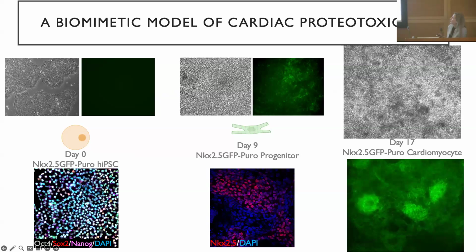To give you a sense of what this looks like in terms of the actual ECM that is produced by these cells, these are the cells in culture labeled with laminin and collagen. And this is a slice through the culture, and you can see how extensive the network outside of the cells is. And so we think that this is probably a pretty decent ECM to work with in this context.